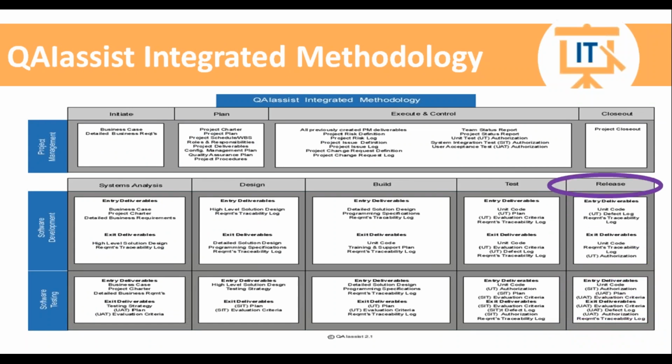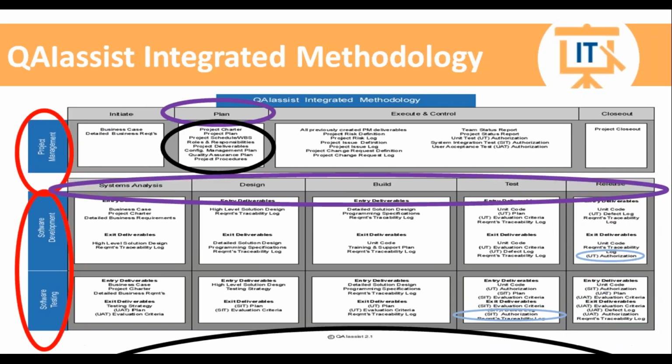And again, it's much the same. We're trying to get to an authorization of the user acceptance testing. We know we have our unit test done. The code has passed it. We know we have our integration test. It has passed it. And as we start our project again,